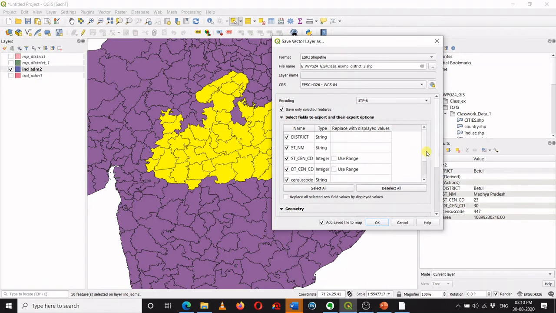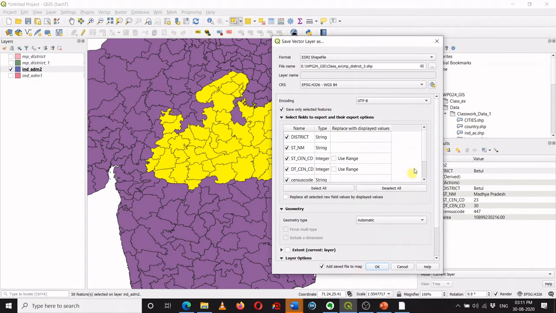For example, in this new file of MP district 3, I do not want the data of the state census code, district census code, and the census code. I only need district, state name, and the area. So only 3 columns. So I can choose what data I want to carry further, or what data I want to export from the attribute table.